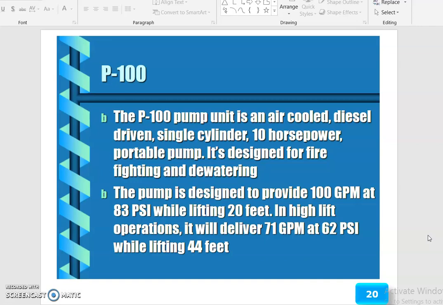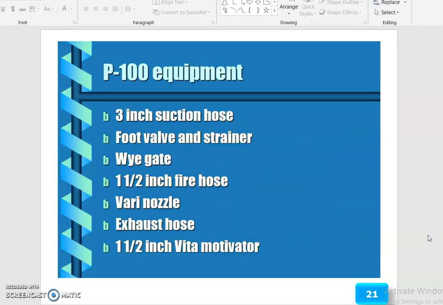In high-lift operation, it will deliver 71 GPM at 62 psi while lifting 44 feet. It comes with a 3-inch suction hose, foot valve, strainer, Y-gate, 1 1/2-inch fire hose, variable nozzles, and the exhaust hose,